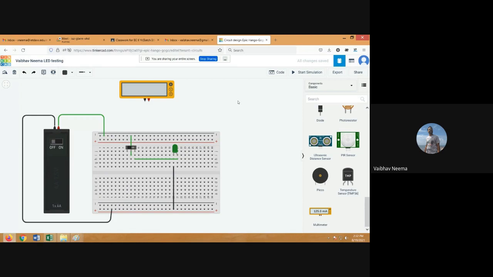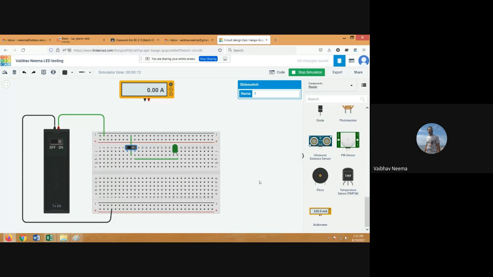Now suppose I forget to make this connection, and if I try to run this, the LED is off because the LED is not getting a voltage of 1.5 volts at the anode.